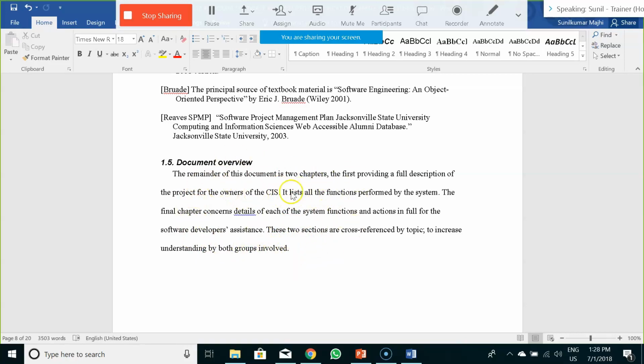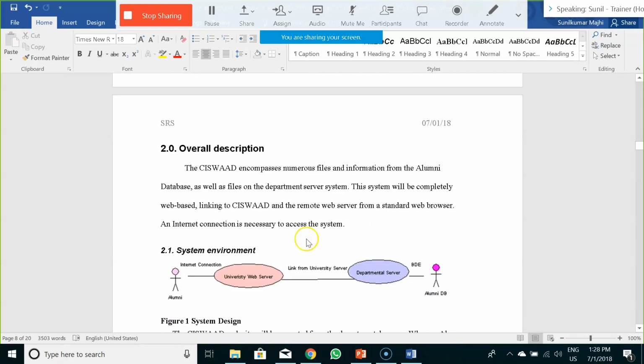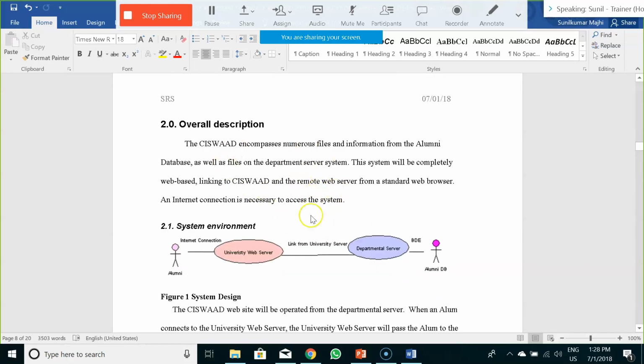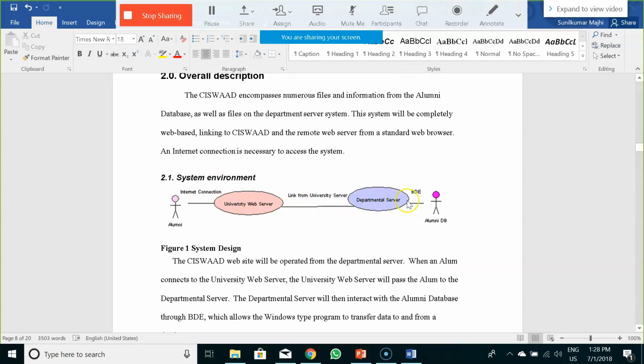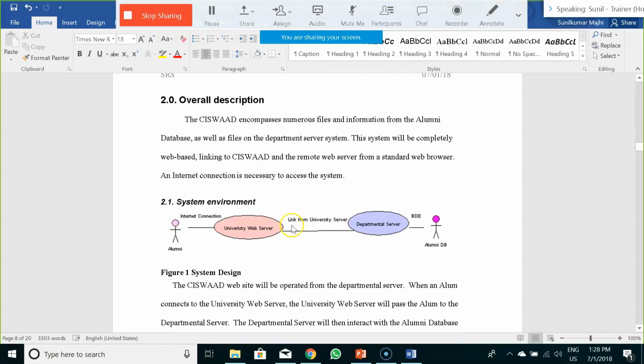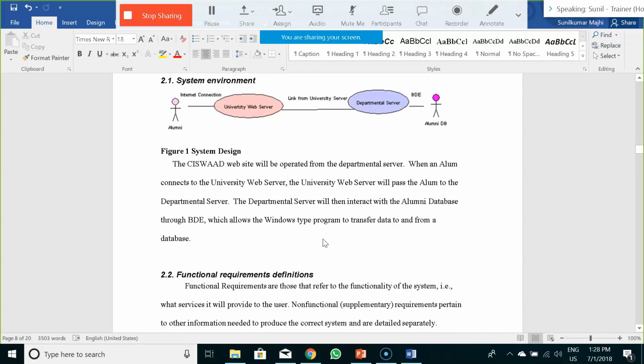You have to highlight how this document addresses the need of the system. You have to give that document overview. After that, you have to give the overall description of the system. You could probably include some of the use cases in terms of designing of your system, like how the system would behave at a very high level. You could give an overall description of the particular system.